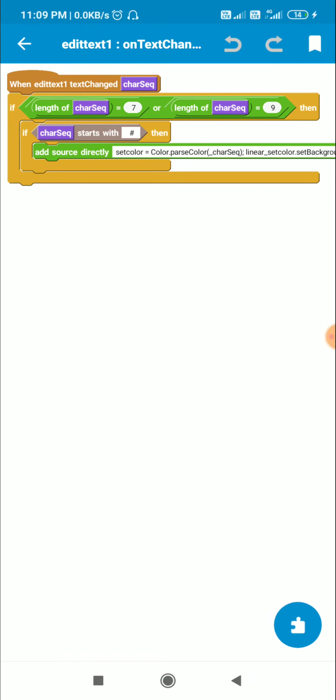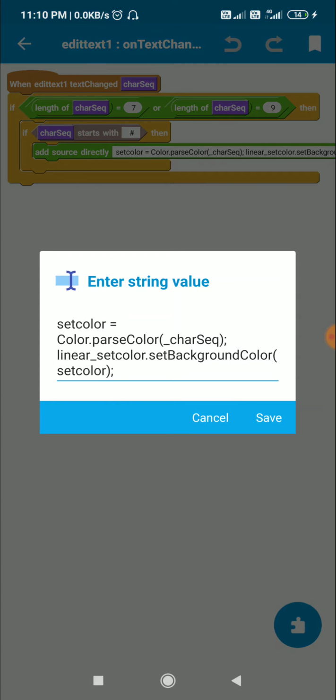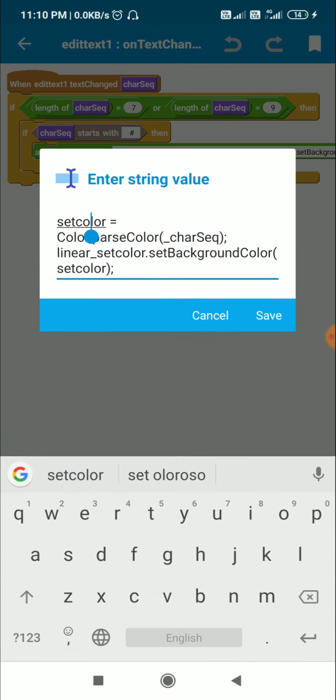What I do here is, if the length of the character sequence is equal to 7 or 9, and if the character sequence starts with hash, then I set the set color. This set color int will be the color which we set on the image. So this is equal to Color.parseColor(character sequence).